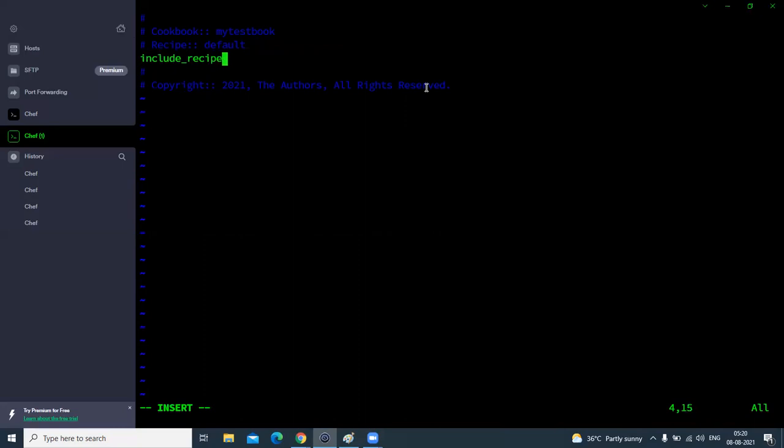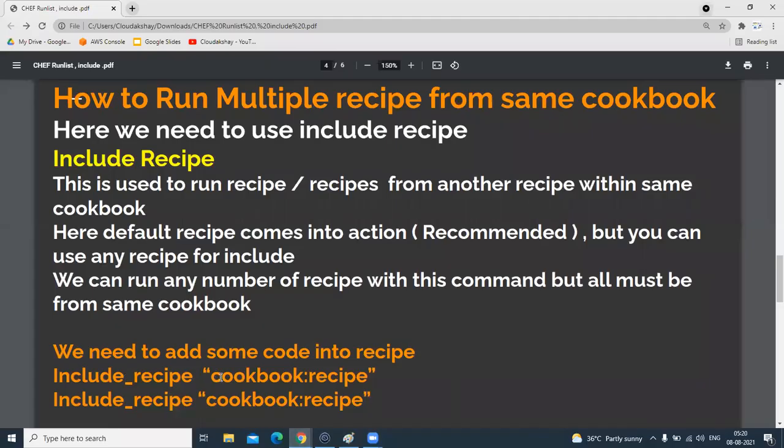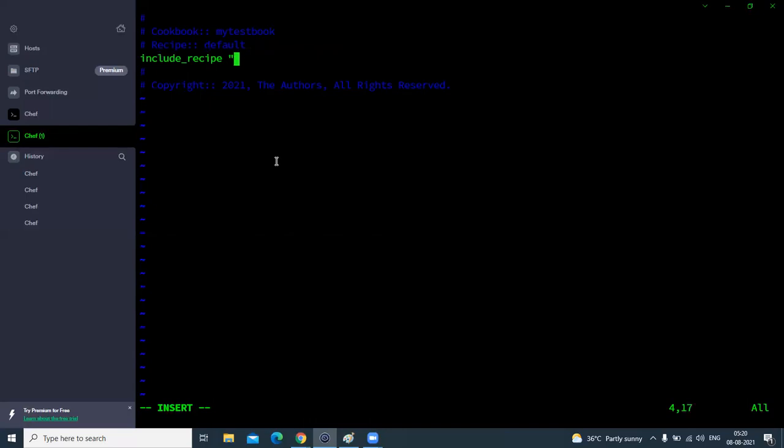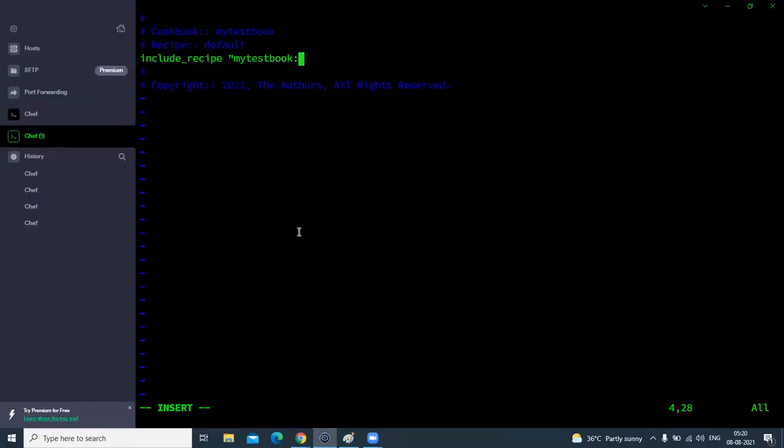include_recipe, and the cookbook name is, as you can see in the command, cookbook name and the recipe name. Cookbook name is my test book and the first recipe name is my recipe, and close this.